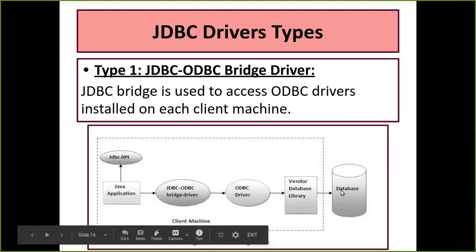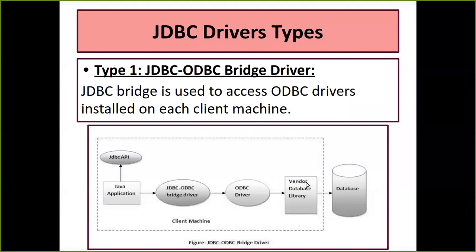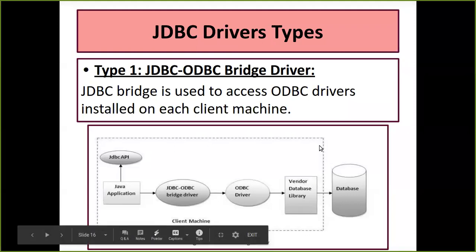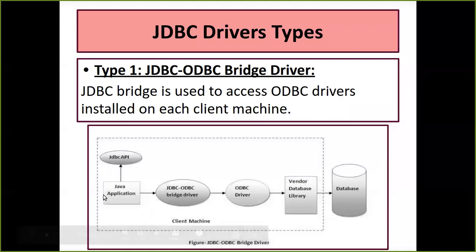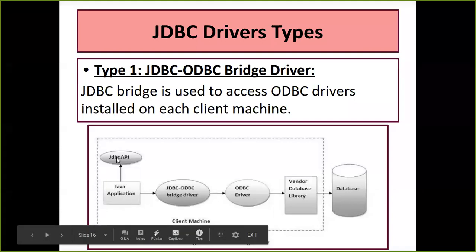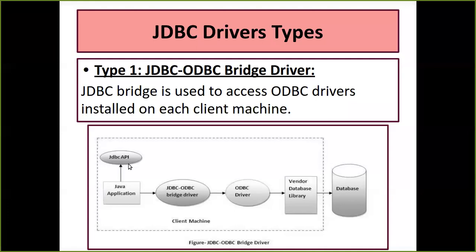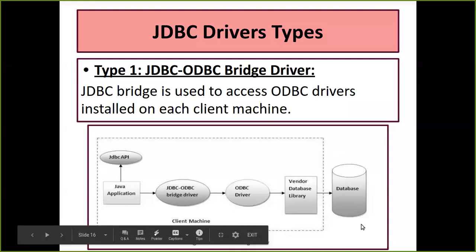You can see here that there is a 2-tier architecture. If you can see it clearly, this whole section comes under your client machine. That means it's the client tier, and this is your database tier. So completely we can see that it is a 2-tier architecture. Second thing, what is this JDBC-ODBC bridge driver? Now, for example, I have a Java application consisting of the JDBC neutral API, and I have a database. What is the expectation here? That my Java application should send some request and the respective response should come back to this application.